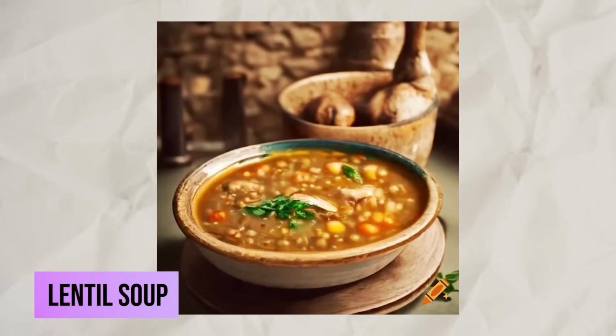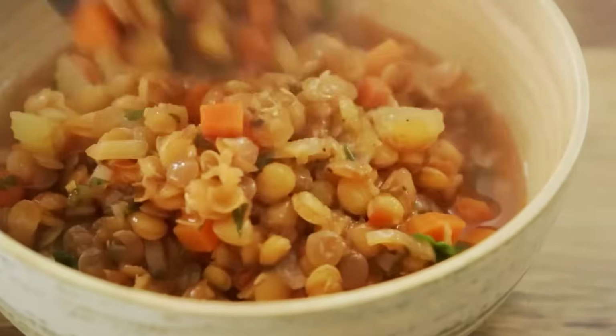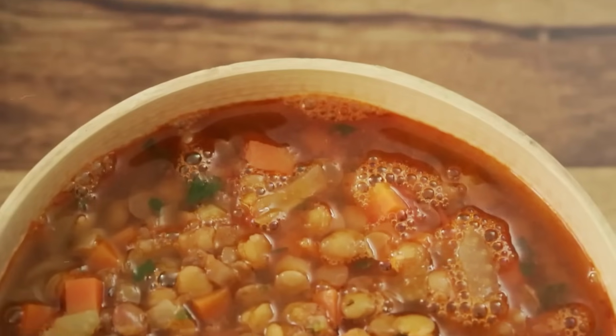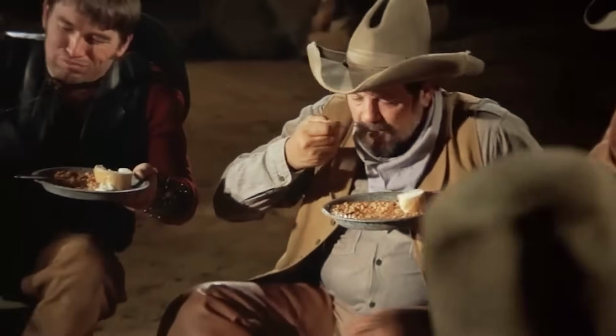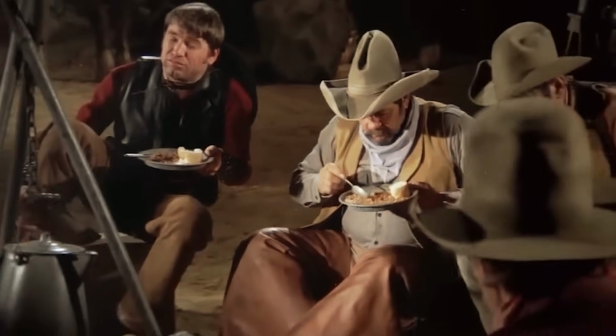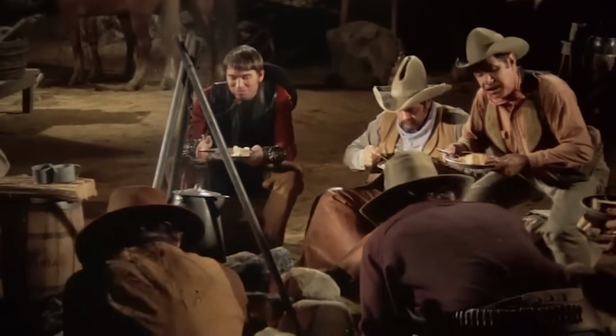Lentil soups were even more common in the medieval world. They would change a lot depending on the region, though. For example, in Europe's southern regions like Provence and Spain, lentils were not only used to feed humans, but also to feed animals. Lentil pottages were one of the most important meals for the church as well, because when the